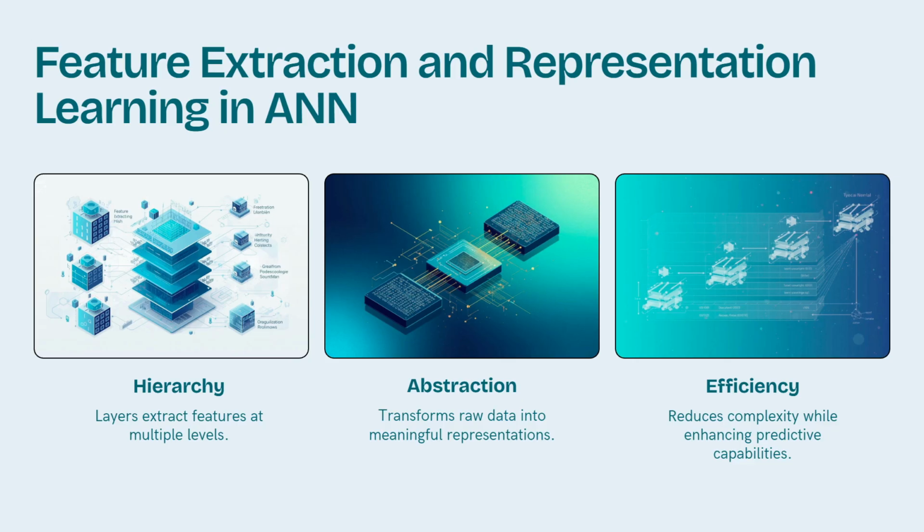Next we have is abstraction. They convert pixels into edges, edges into shapes, shapes into objects, objects into meaning. In a hierarchy, every layer learns a deeper level of understanding. This is very similar to the human brain. From simple ideas to complex concepts, this ability to automatically extract features is what makes ANN incredibly powerful and